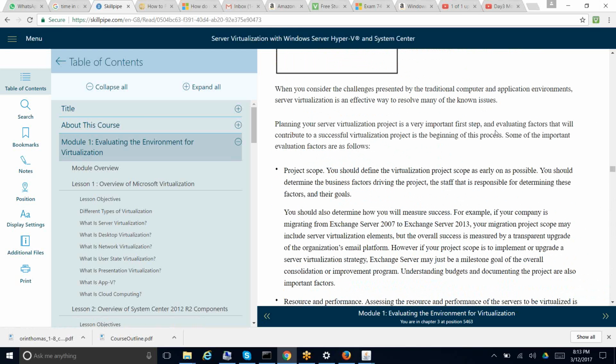How will you plan? When you consider the challenges presented by the traditional computer and application environment, server virtualization is an effective way to resolve many of the known issues. Planning your server virtualization project is a very important first step, and evaluating factors will contribute to a successful virtualization project at the beginning of this process. Some of the important evaluation factors are as follows. So basically, in simple points, this lesson speaks about evaluating